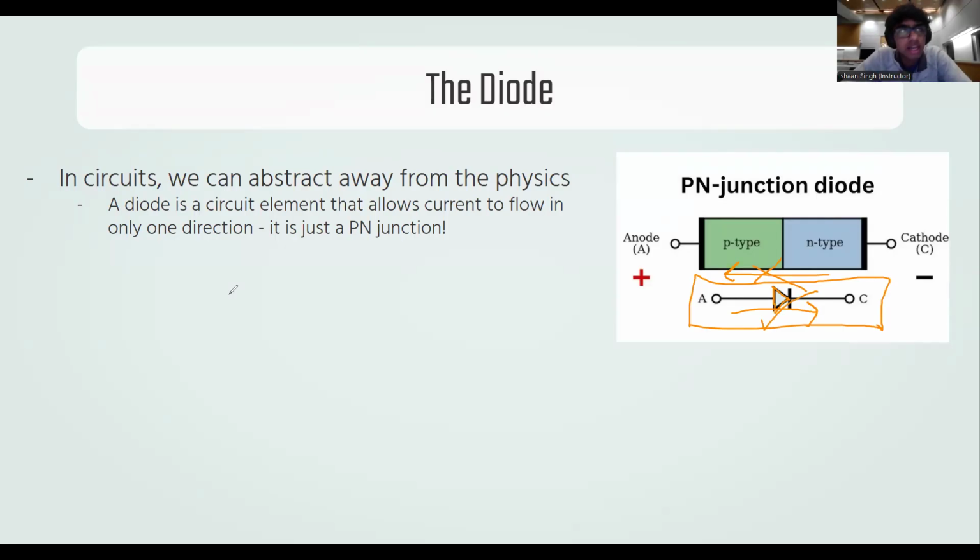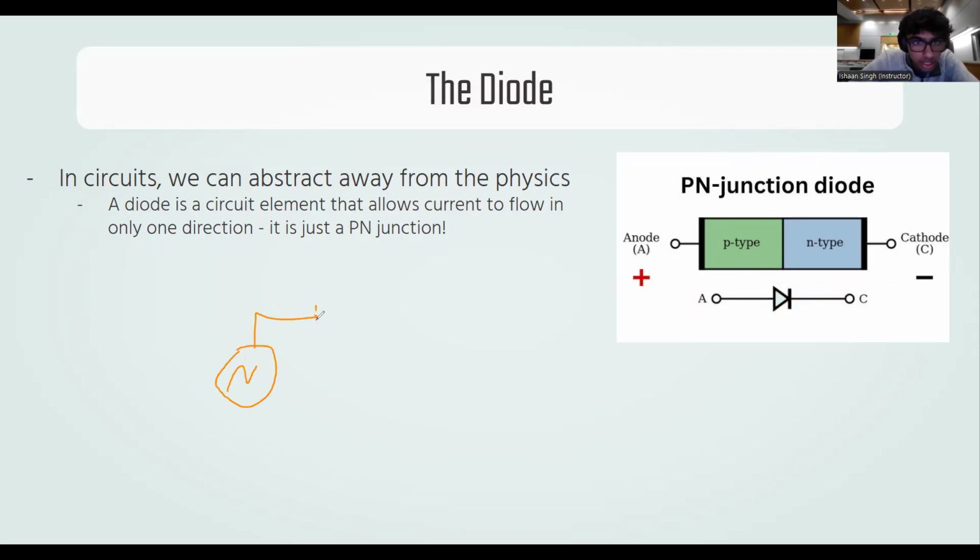It could be AC. It could be changing, right? But it can only be in one direction. Actually, one of the most important applications of diodes is if I have an AC voltage source and then a diode right here, and then some load, some resistor, and say the voltage source looks like this over time, if I put the diode there, what I'm going to deliver, so this is the source,